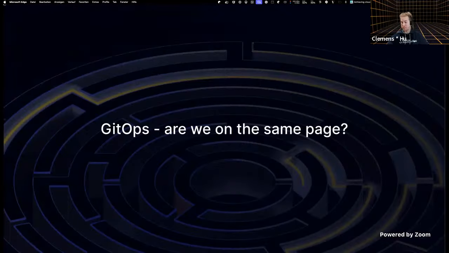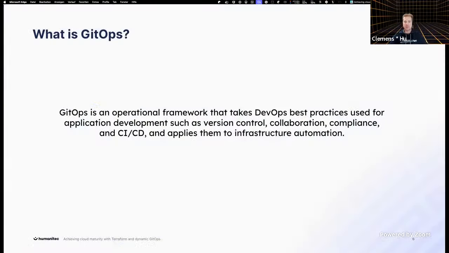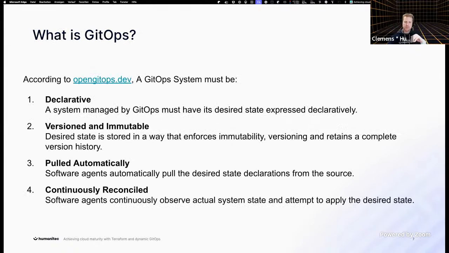Okay, so GitOps. Are we on the same page? Let's find out. I've heard that GitOps is an operational framework that takes the DevOps best practices and applies them to infrastructure automation. This is as general as it gets, obviously, but it describes quite well what GitOps is about, though only on the surface level. If you dig a little bit deeper, then according to opengitops.dev, which is the biggest reference I could find,